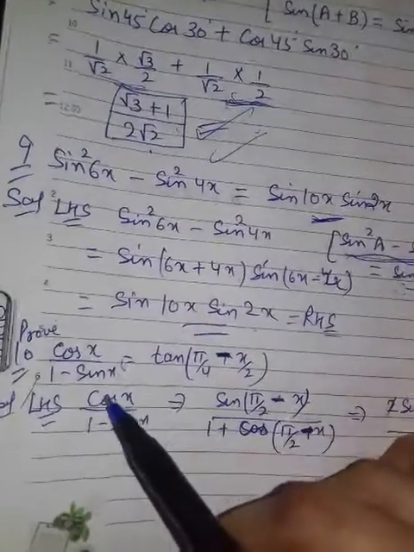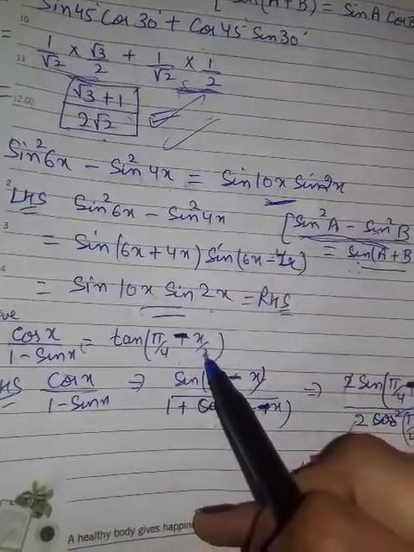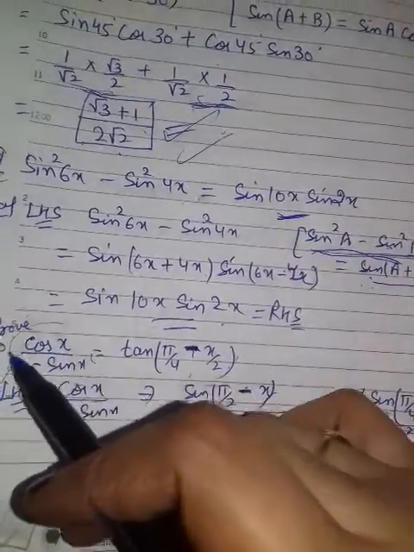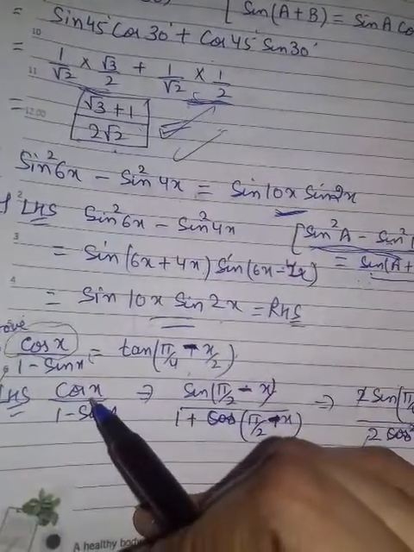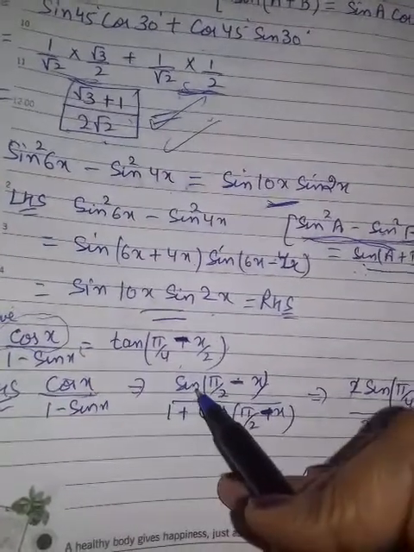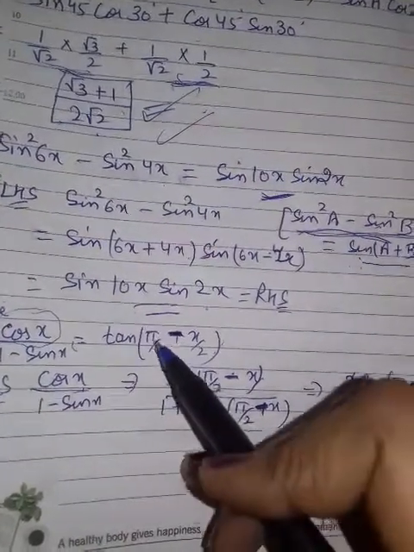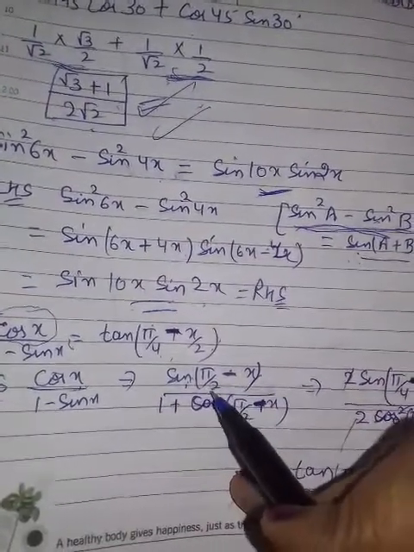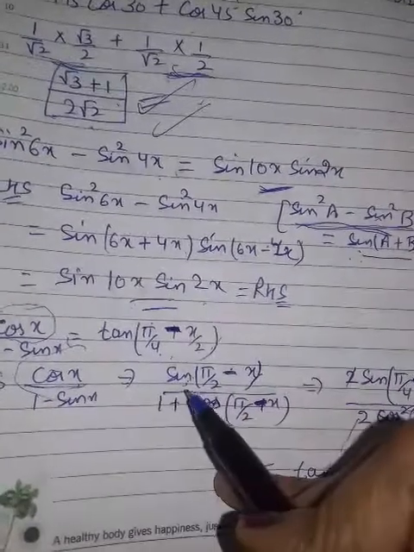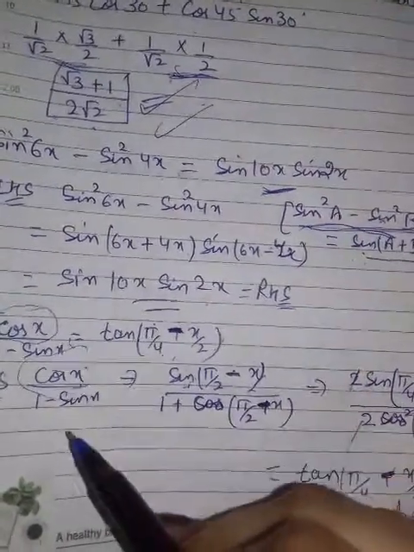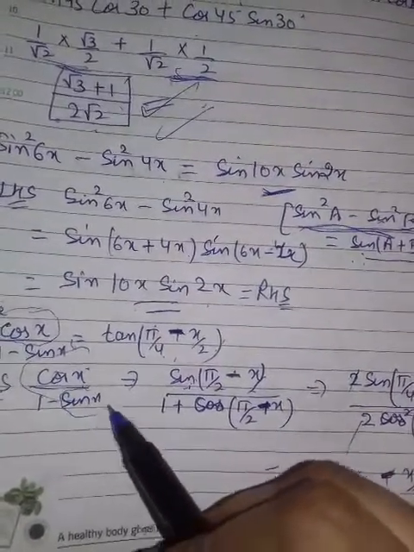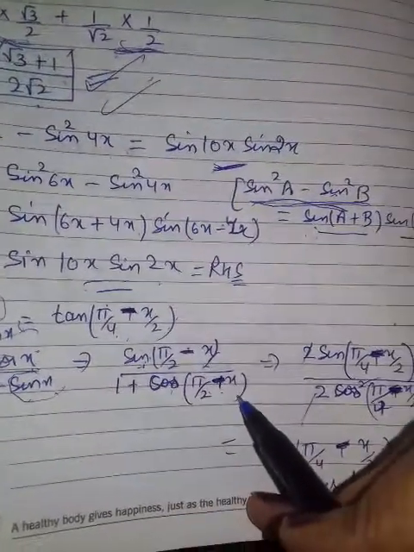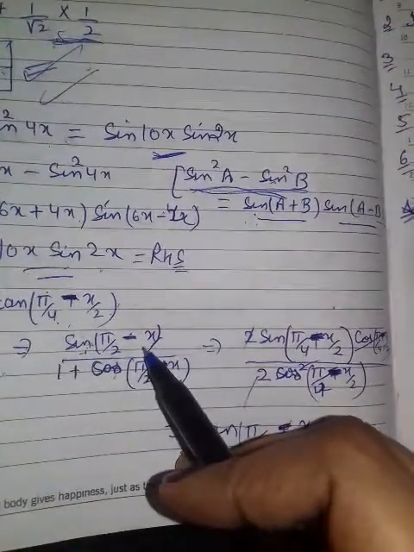Next is cos x upon 1 minus sin x is equal to tan of pi by 4 minus x by 2. Firstly, you know, for cos x we have no identity, then we have changed it into sin firstly. Why? Because we want pi by 4. It can come only when I say sin of 90 minus theta is cos theta. Same here, I have no identity for 1 minus sin theta, so change it into cos, sin minus theta.